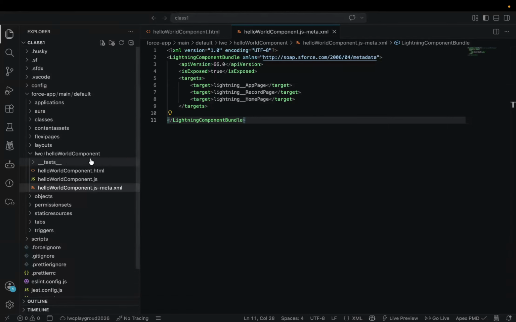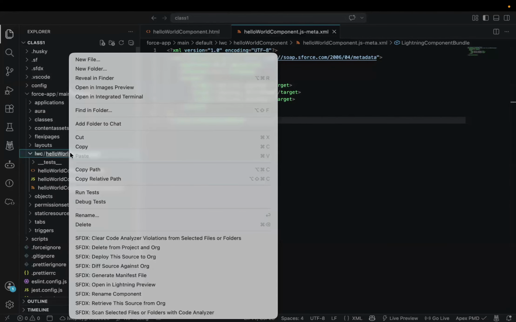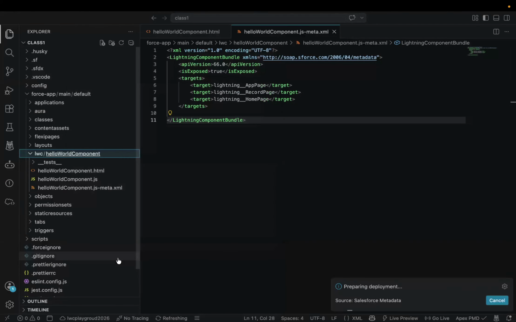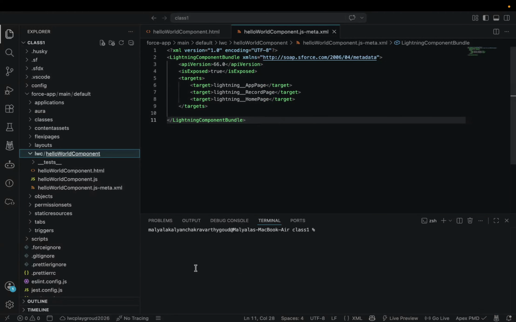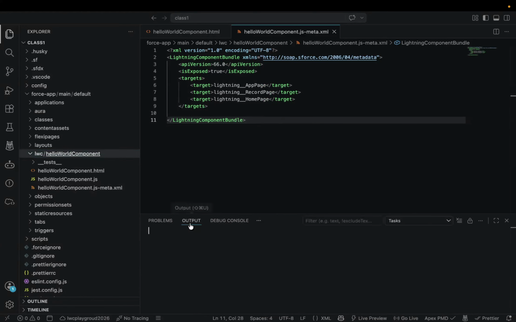In the VS Code, right click on this component. Then there will be a command called Deploy This Source to Org. Just enter this one. You see that your code is getting deployed. If you scroll up and go to the output,